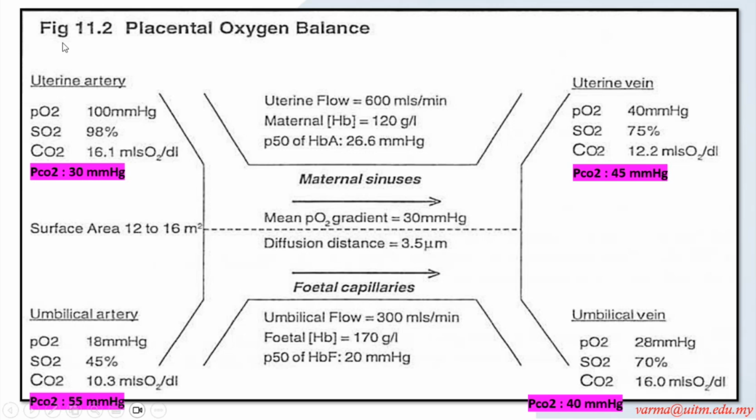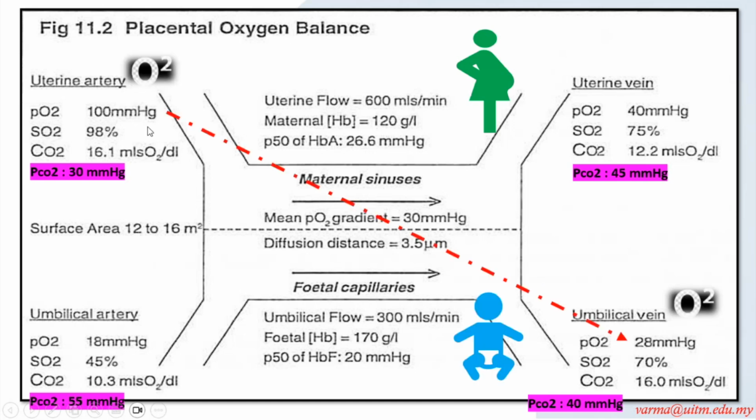Everything is there. So again, you have the uterine artery, from where the oxygenated blood goes into your umbilical vein, whereas from the umbilical artery it goes to the uterine vein. You can see the uterine artery has a higher PO2, 100 millimeter mercury, and the umbilical vein has 28 millimeter mercury. That's why it can easily diffuse across the concentration gradient along the placenta. Whereas the umbilical artery has a higher PCO2, and the uterine vein has a lower carbon dioxide partial pressure, so it can also